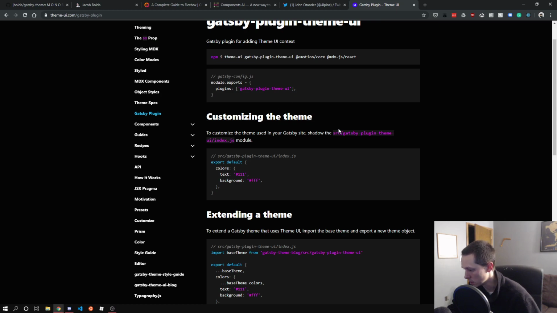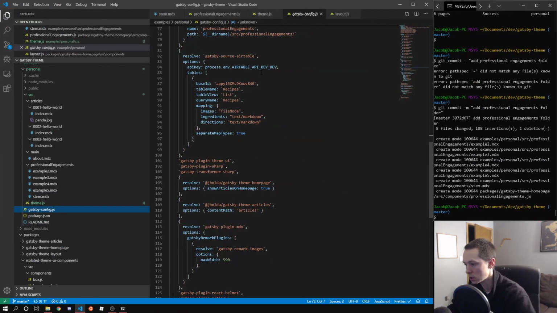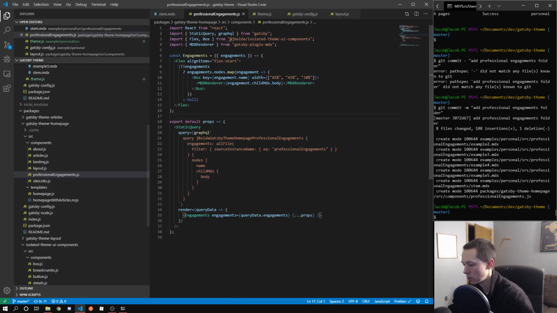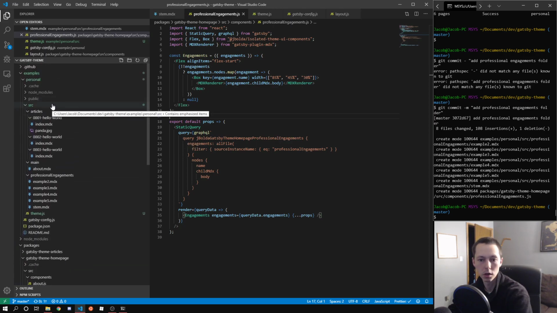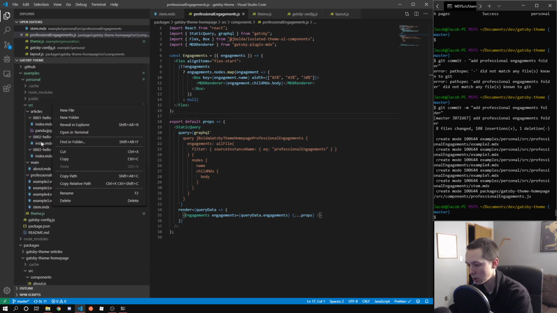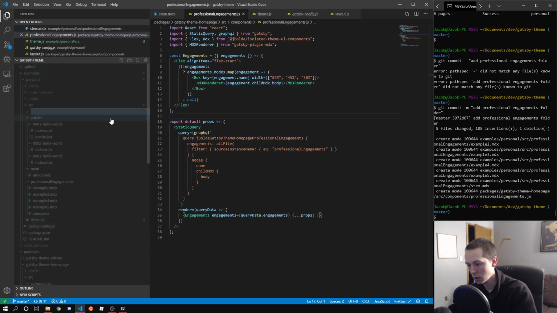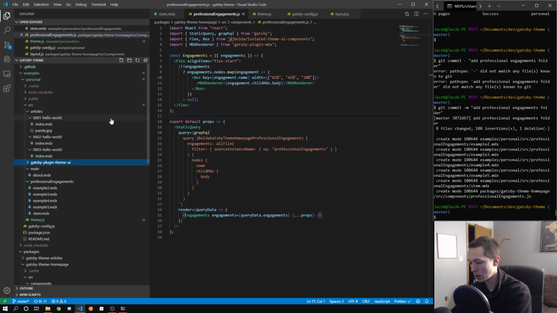And now to customize the theme, we need to put it in a gatsby-plugin-theme-ui folder. And the reason for this is that within Gatsby, particularly with the implementation of shadowing,